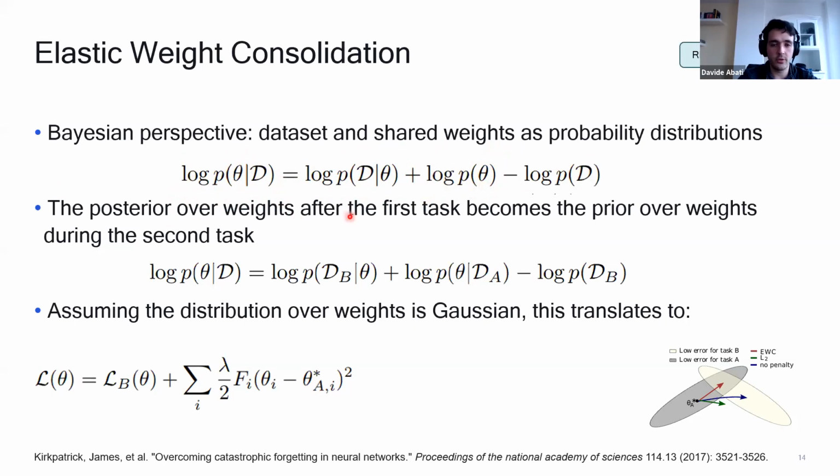Why is that relevant for continual learning? Because this prior term here in continual learning setting becomes the posterior over the first task.